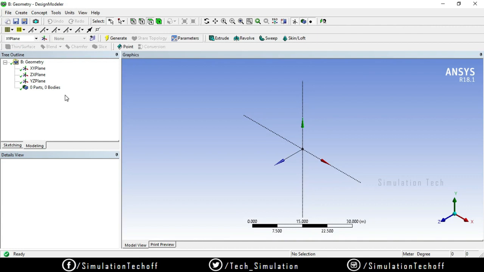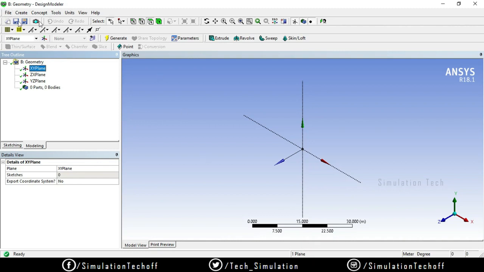This is called the details view. Whatever component I select from here, for example if I select the XY plane, the details of the component will be clearly explained here: what its details are, how many sketches it forms, and some other details. Here we have a status bar. In case any message is notified, like any errors or features being done, that will be notified here. That is called the status bar, right?